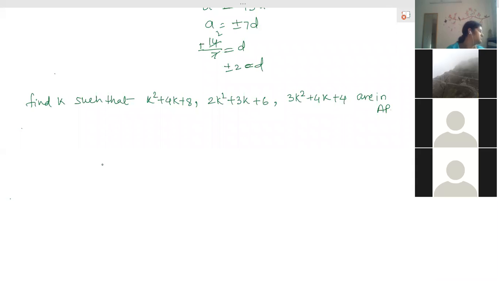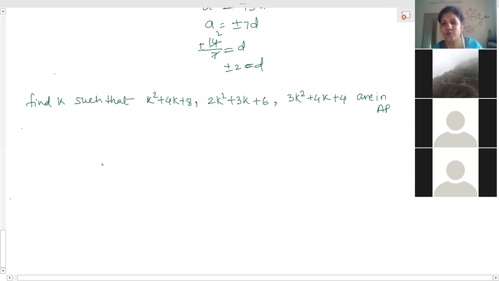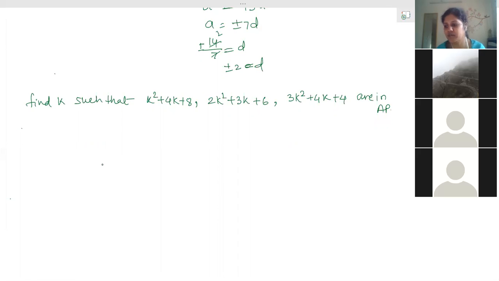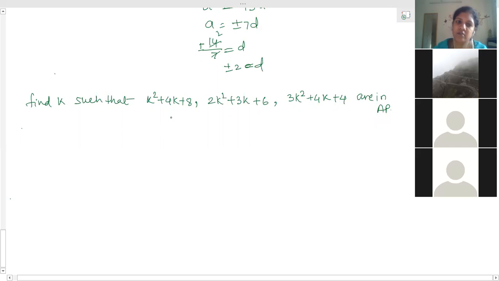And do we need to split the middle term in this? No, nothing is needed like that. They are in AP. Just like yesterday, one question we have solved, how to find out the terms are in AP, then how to find out the value of K. I find the difference. Yes, difference of two terms you have to find out. Difference of these two terms we have to calculate. So this difference is D1 and this difference is D2. So calculate D1 and D2.